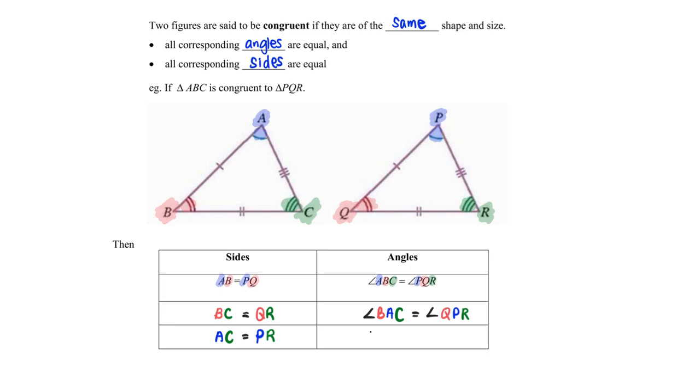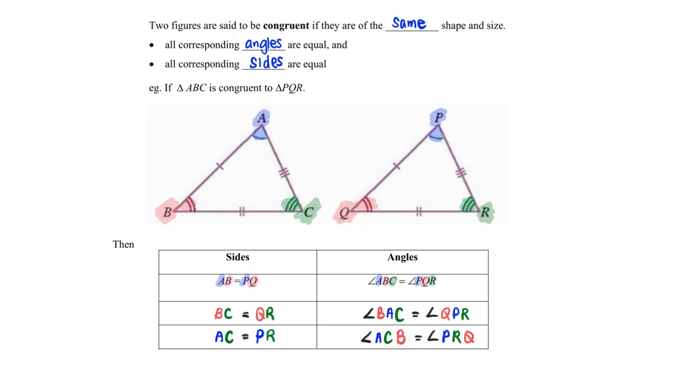So another example, the angle ACB is then equal to angle PRQ. So the corresponding sides are exactly the same as how I write it, and therefore you can also write,